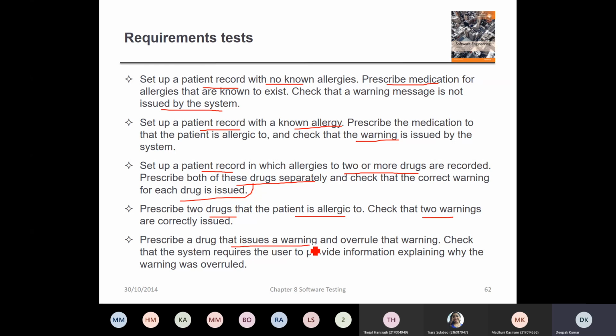Prescribe a drug that issues a warning, and now you overrule that warning. If you overrule that warning, check if the system allows you to overrule it and requires the user to provide information explaining why the warning was overruled. So that means the doctor must provide an explanation. Why are you still giving it? If you know this user had an allergy to a particular medication but you are still prescribing it, the person can say that this drug is still very effective in this treatment, and probably I'm giving it in a smaller dose. I'm reducing the dose